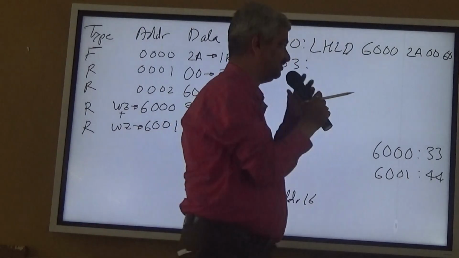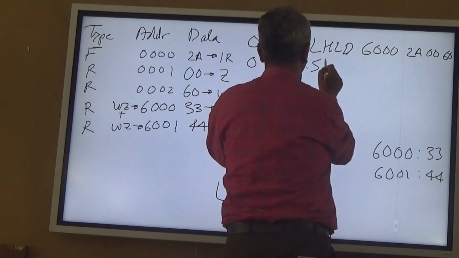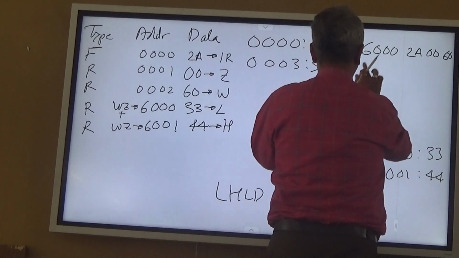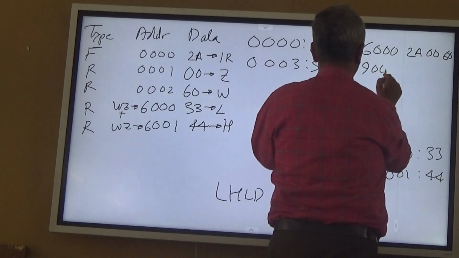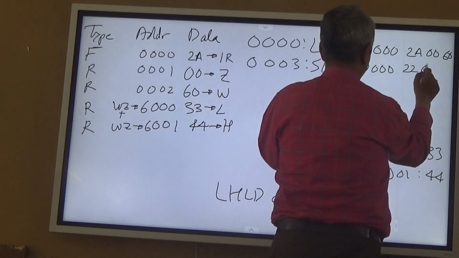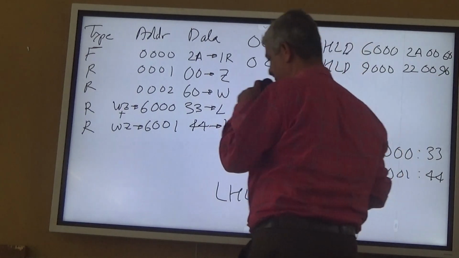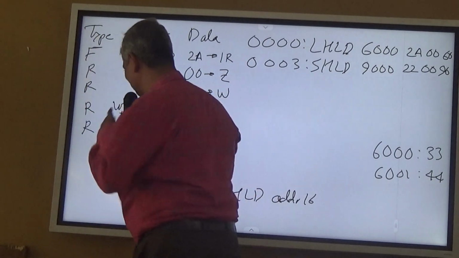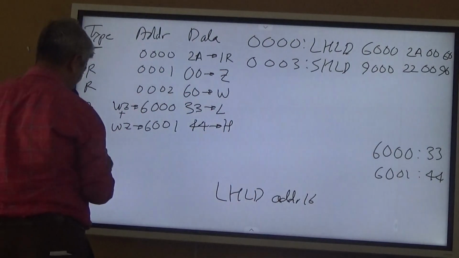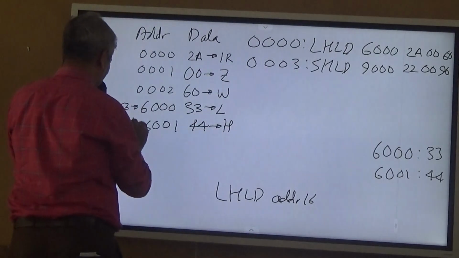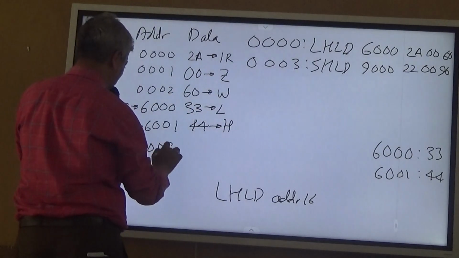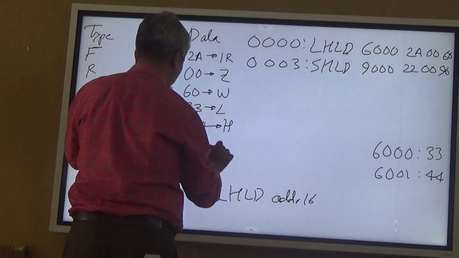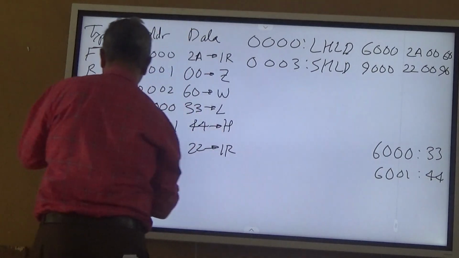Now there is one more instruction which is exact contrast to LHLD. So what should be next? What should be the machine cycle sequence? Quite simple. At least everybody should complete this in the exam, if things are asked. Fetch 0003, 22 going to IR. Read